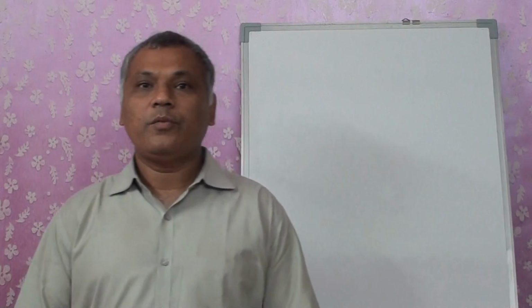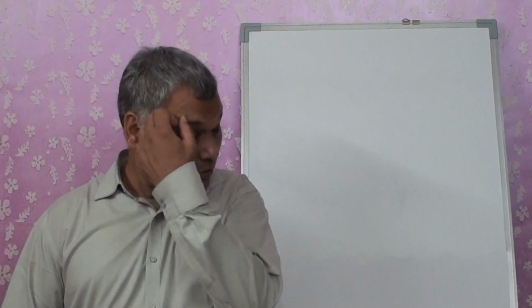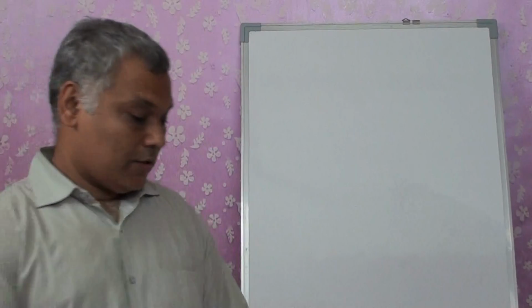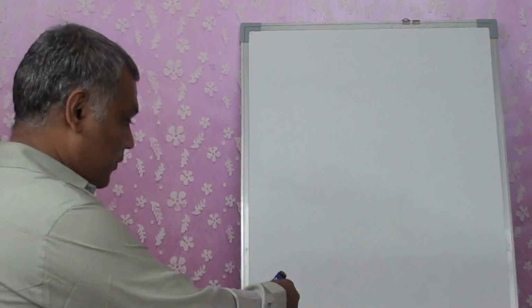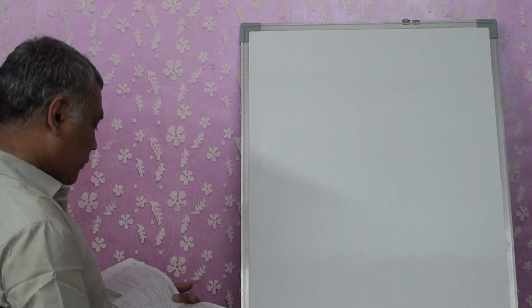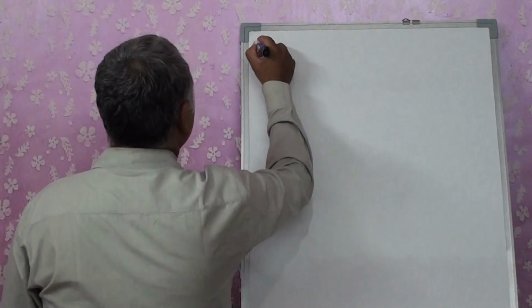So wherever required, I won't be using the calculators. I have just done the numericals, and I will be using the values of the answers and substituting them. You can get the answers by calculations, right? So here, in the first numerical, we have been given the equilibrium constant at 298 Kelvin.